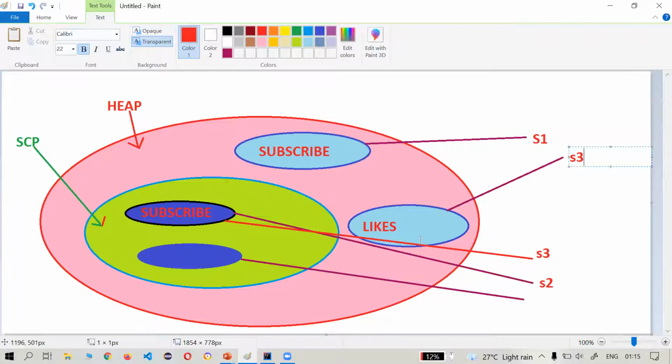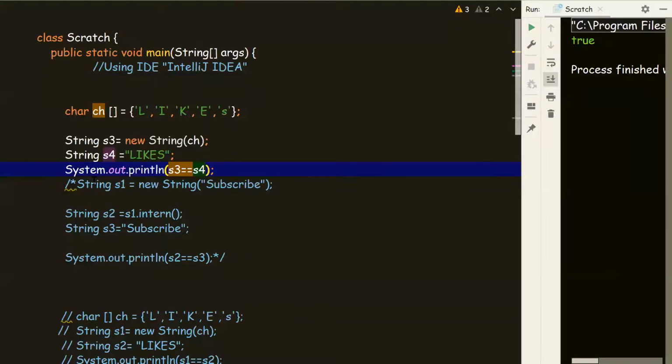So only one object is created and s3 is passed. In the SCP area it's empty. So what we do, we would use the intern method, but let's see first: we are passing the string literal s4, so this will create an object in the SCP area.